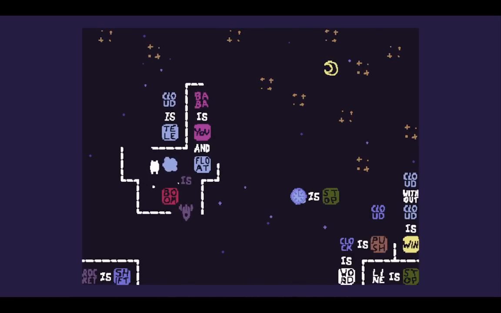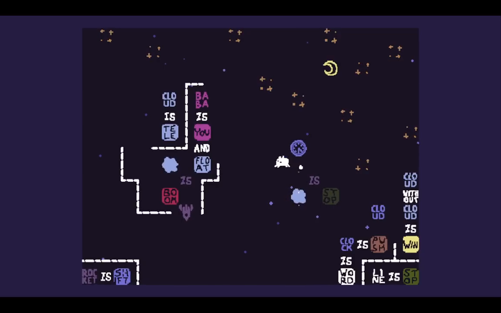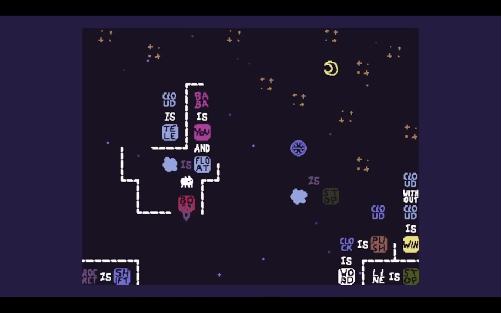And now we can just break the is boom. Alright, there we go. Now I broke clock is stop and got the clock totally out of there. Now I want to say cloud is float over here. I want to say clock is boom too, though. Oh well, hopefully I can do something about this cloud. The cloud is push, and then...